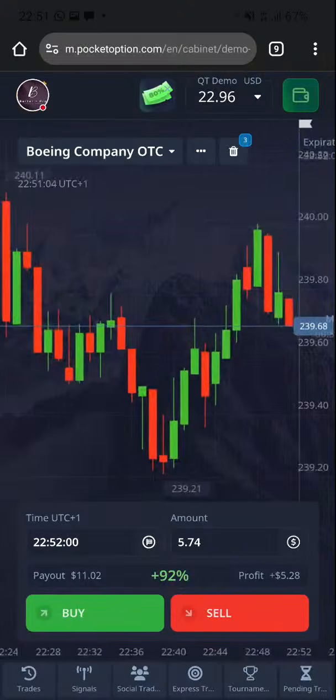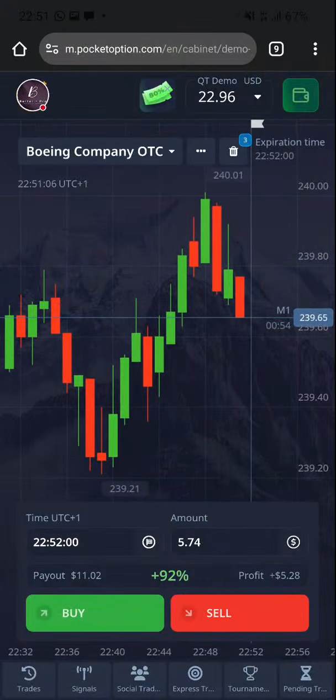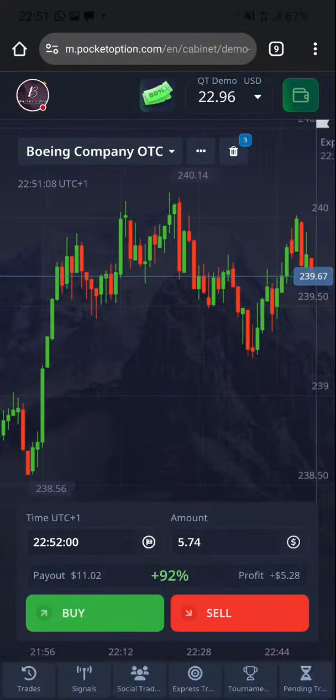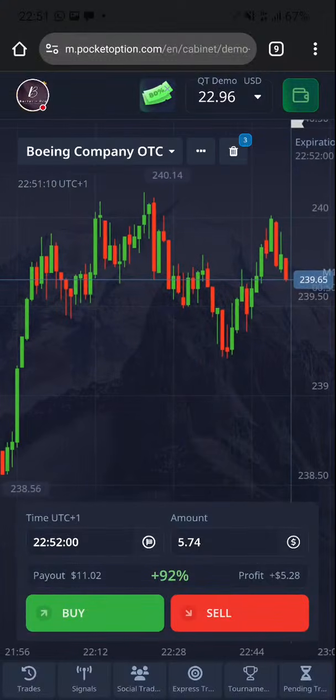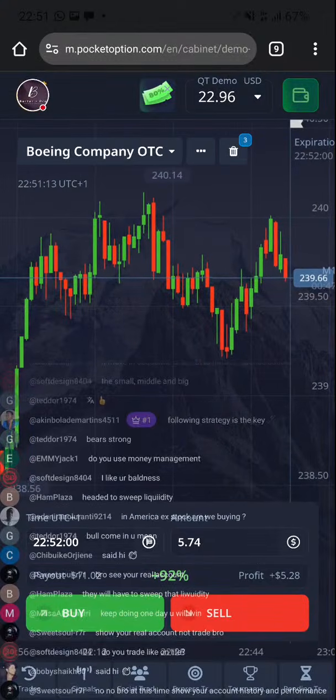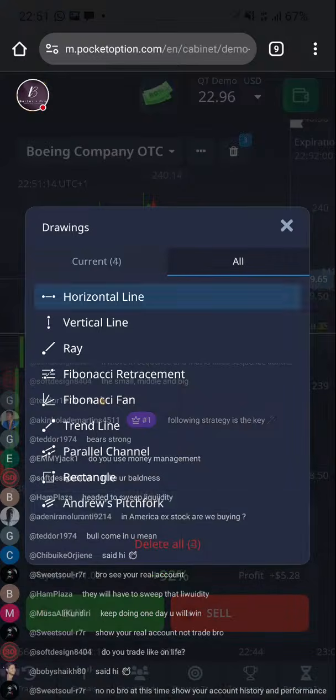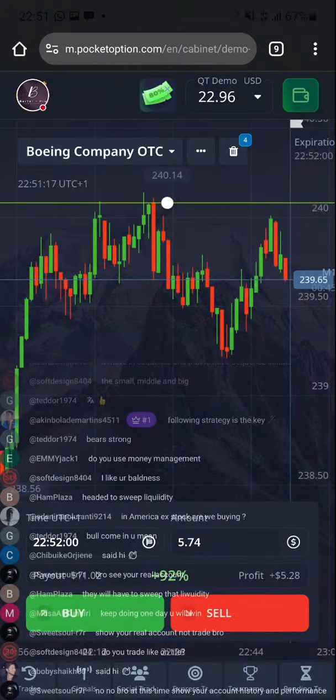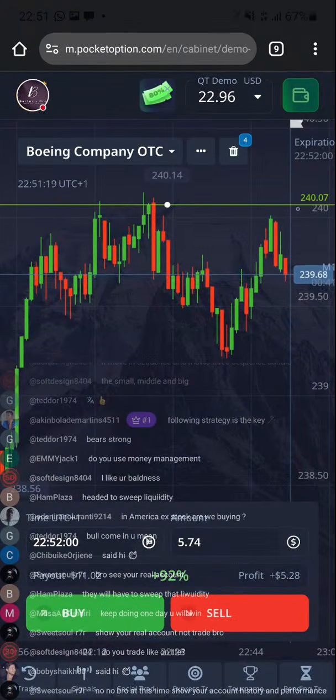Let's look for another. Oh, we have a QM here. Wait, let me check this market quickly. This looks like a basic market structure pattern, but I'm seeing a few things here. This is a thought breakout. If price breaks this level,